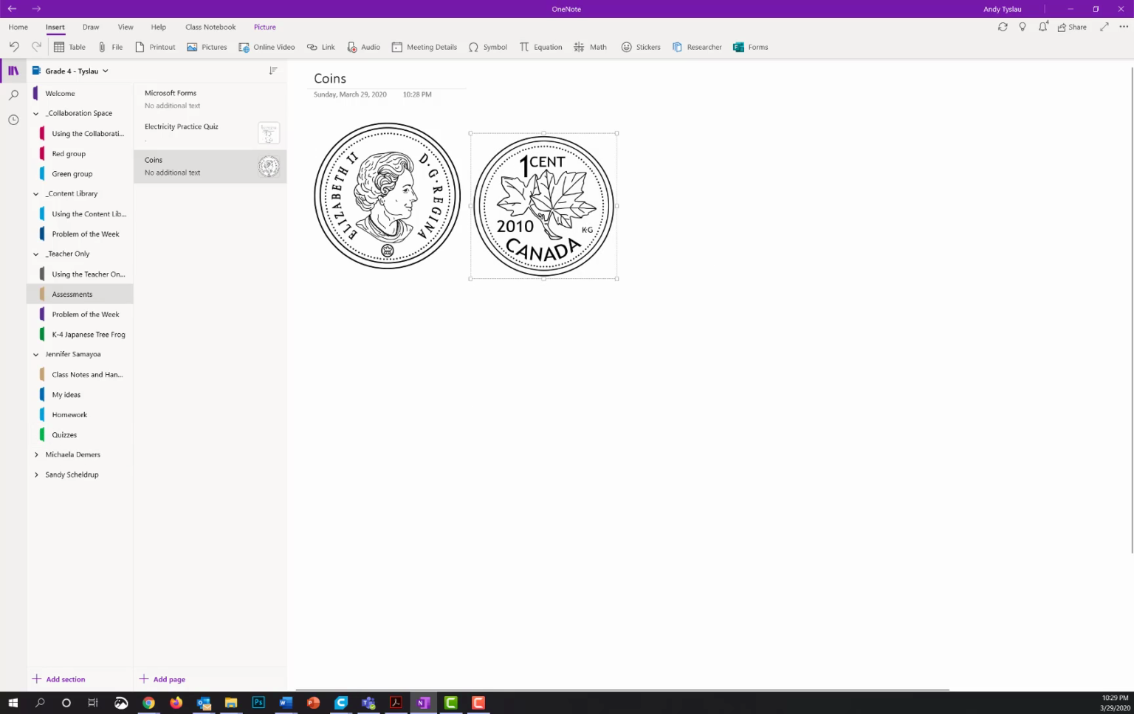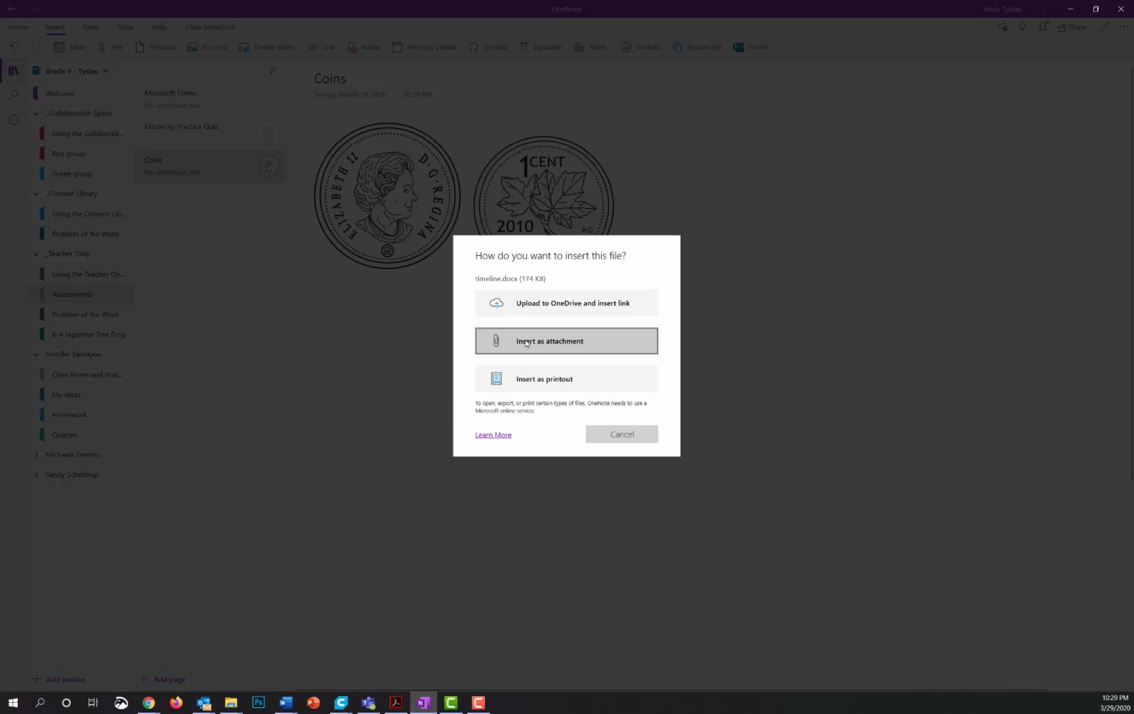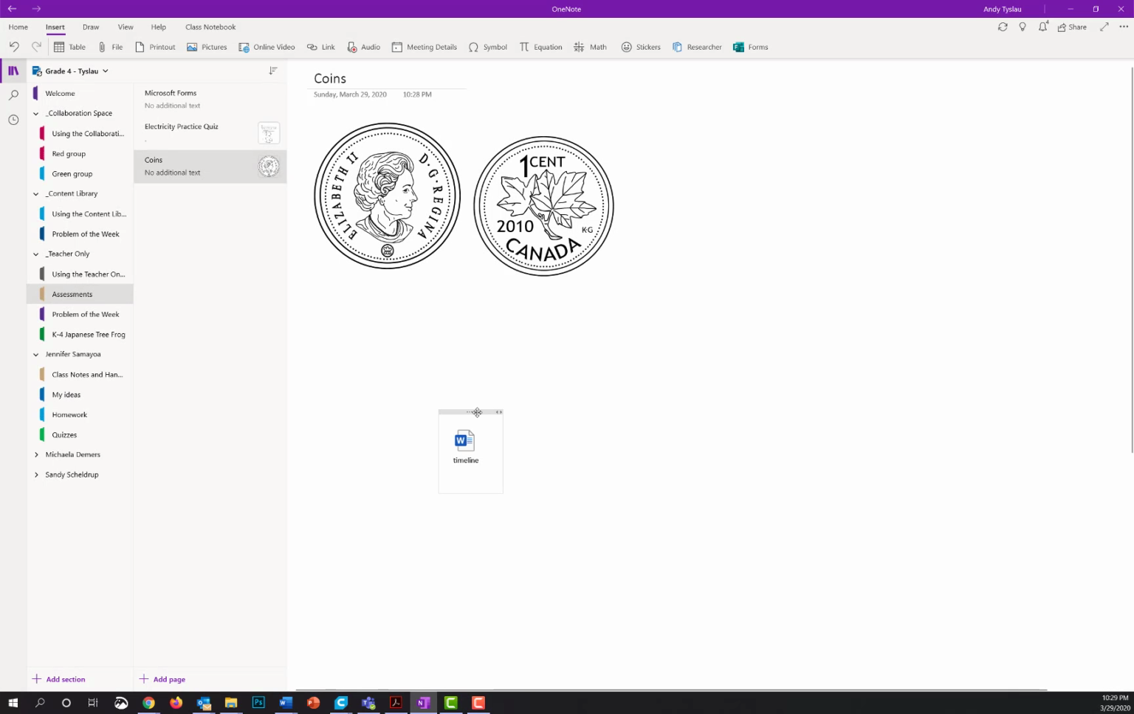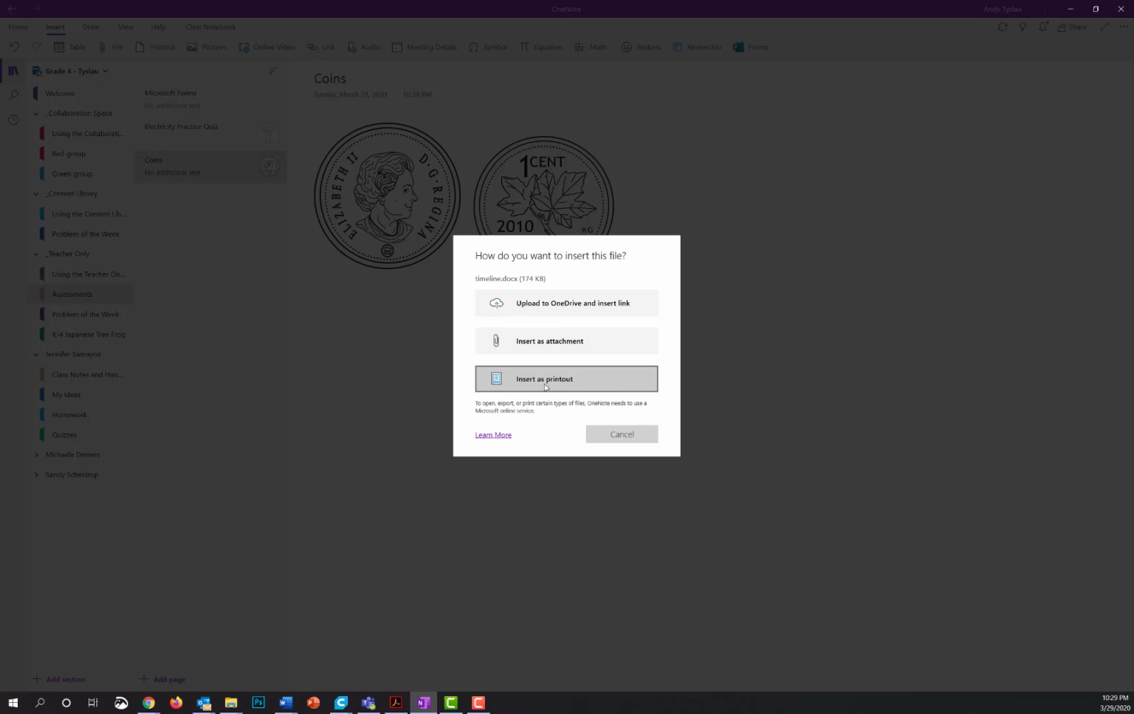If I had an actual Word document or a PDF that I wanted to upload, it wouldn't take much to do that. I could just click and drag in here, and I can choose where I want to insert as an attachment or as a printout. Now if I insert as an attachment, it just shows up like that. Okay, that's not really helpful for kids, especially when they're doing assessments that you want them to be able to see. So I'm actually just going to import it as a printout,